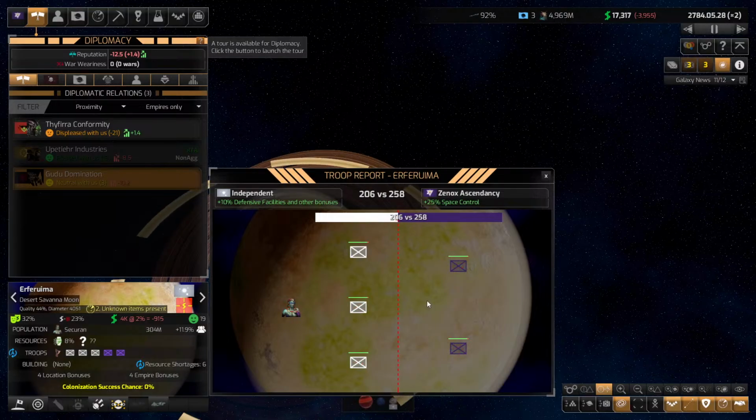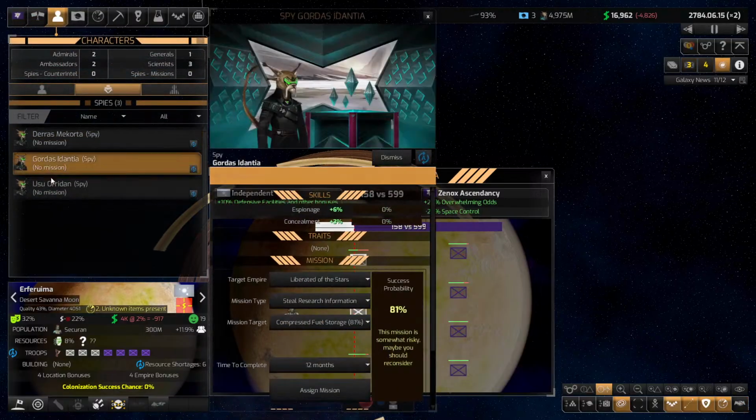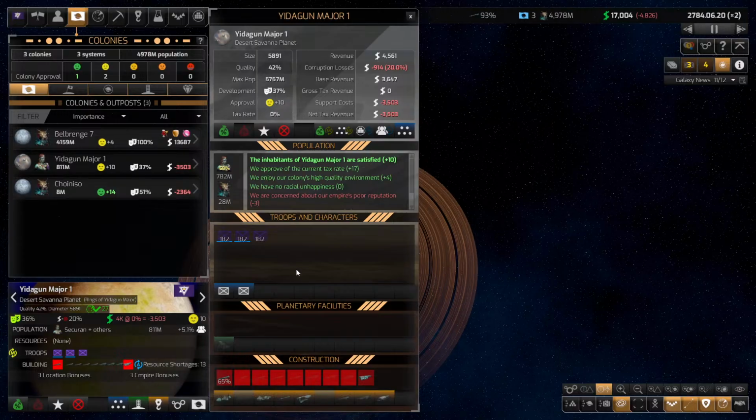And we have space control. So once all 4 are down, this should be fine. Yeah, this will be fine. And then we'll hold it with these 4, which should keep it from rebelling. Another colony that we can use. If we look over at our colonies, we can check on these guys to see how well they're doing. There's 68%